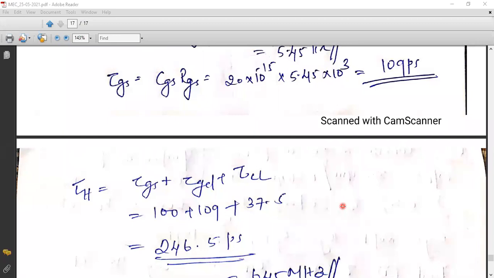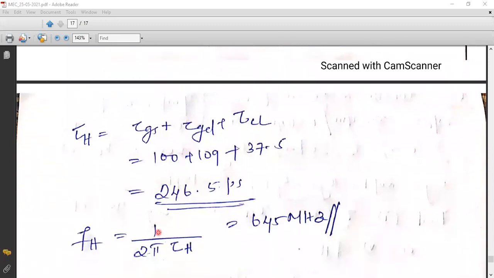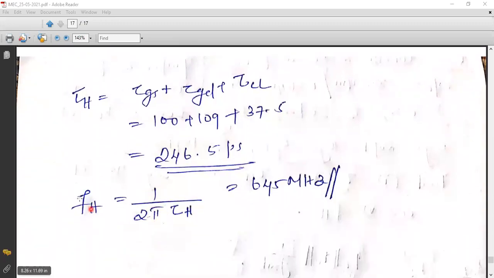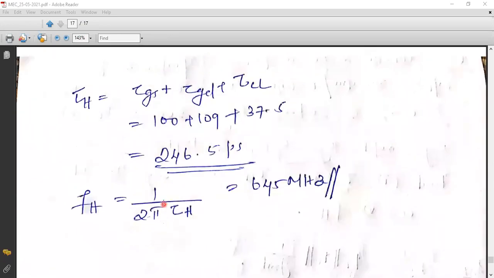So tau gs plus tau gd plus tau cl together, it will become 246.5 picoseconds. After that, by making use of this equation, we can find the cutoff frequency. 1 by 2 pi into tau h. So 1 by 2 pi multiplied